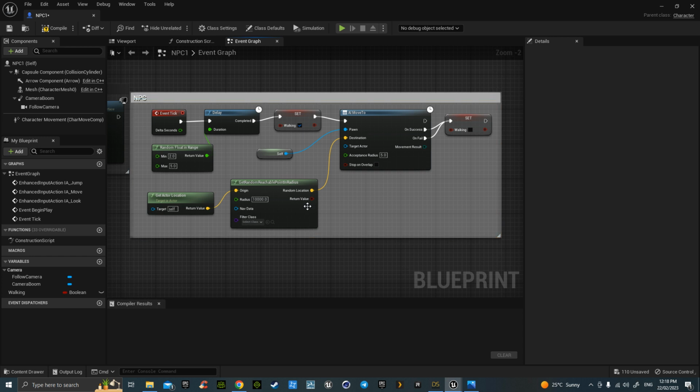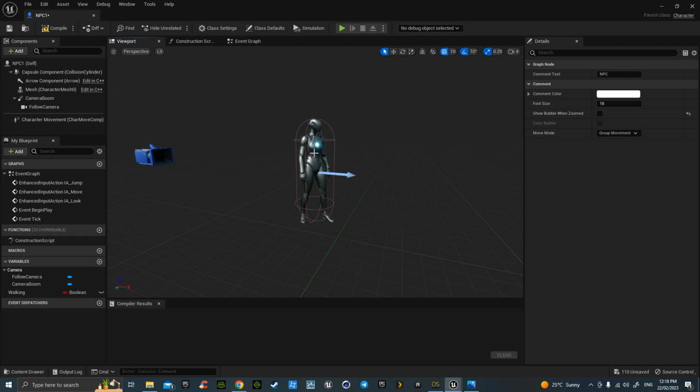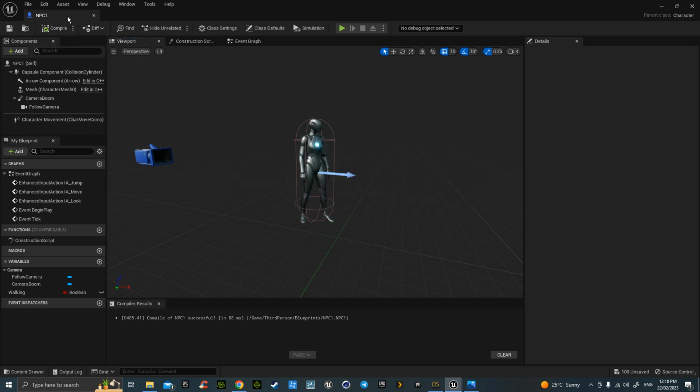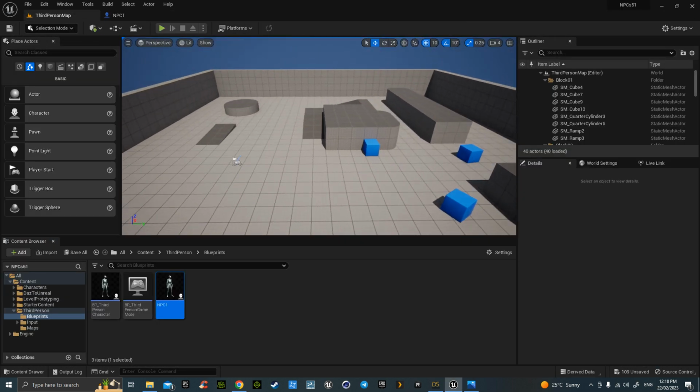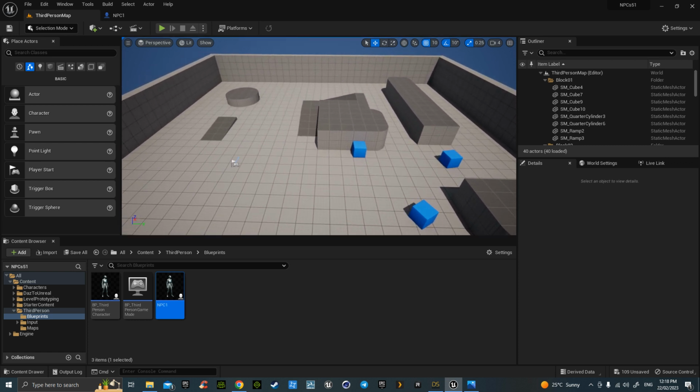So that can be copied and pasted to every single character there is. And this person here, the NPC that I made, is now going to go down to here. Now, if we were to look at this map here, we go to